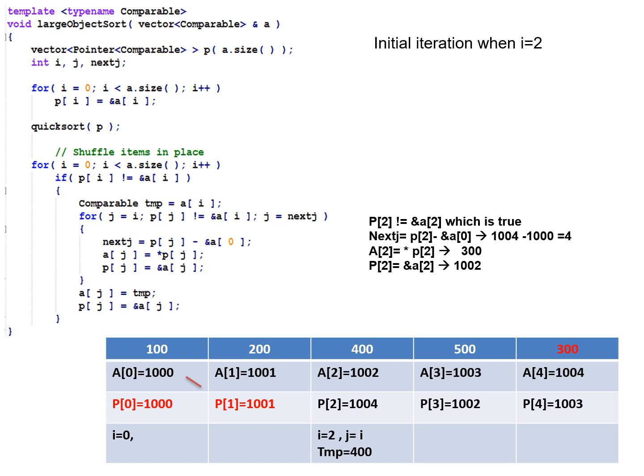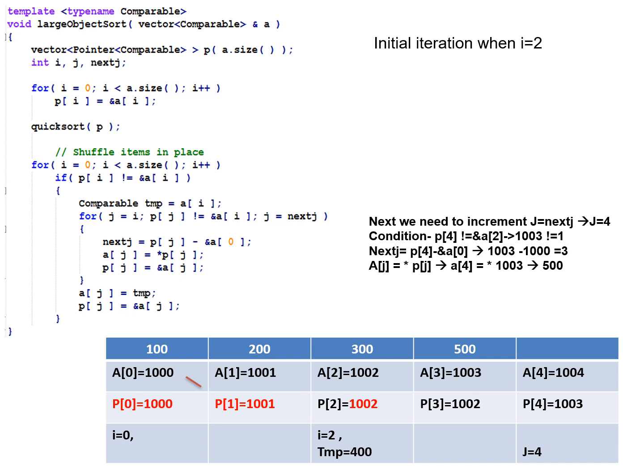So, after this, 300 is copied. Remember the temporary variable which is 400 is still not copied. As I have already told you, we will not swap the elements, because if you swap again, you will put the burden on the algorithm to sort linearly. So that should not happen, right? So what do we do now? Go back to the loop again.